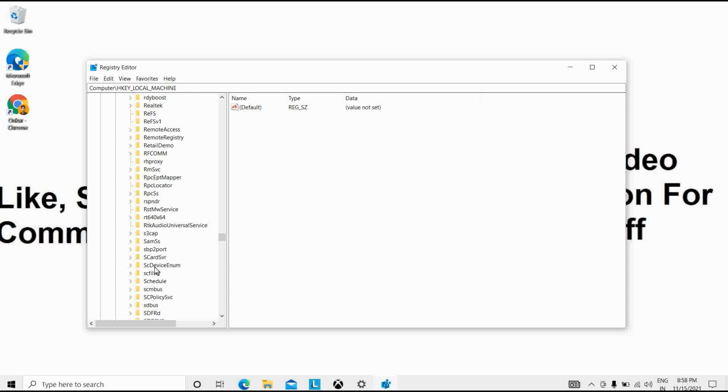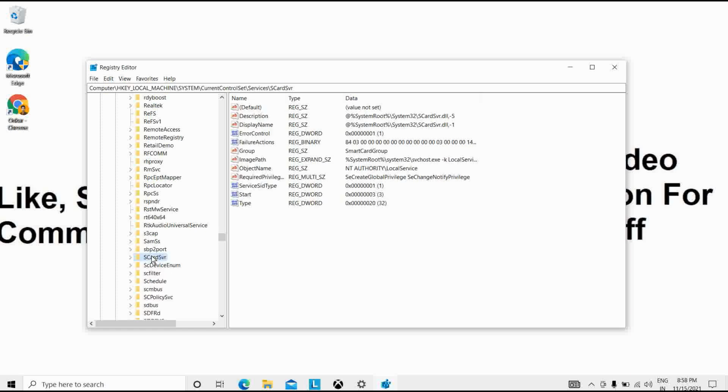I will choose here SecDrv. You can choose the default entry, set its value to 2 and click OK, and save to the registry. After opening secdrv by double clicking, you should see secdrv DWORD. We will simply select the default.